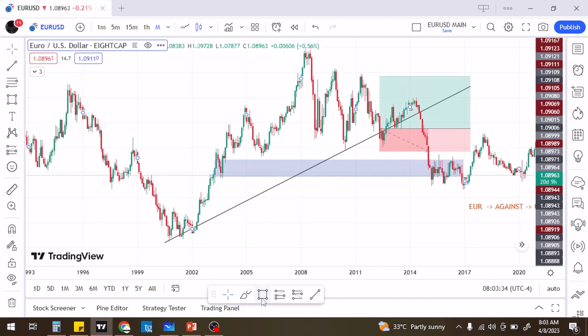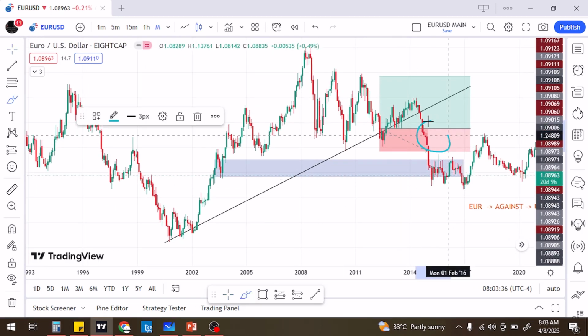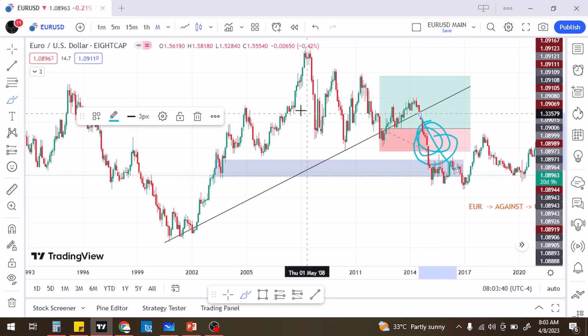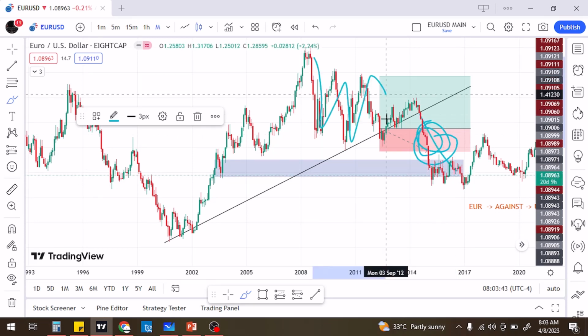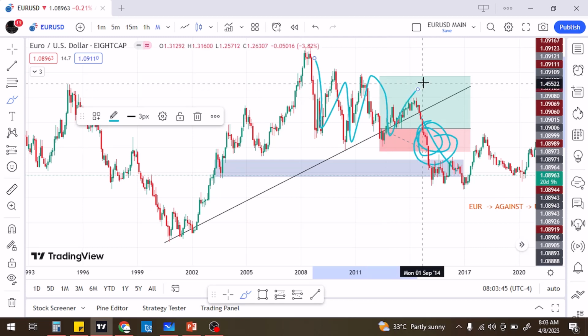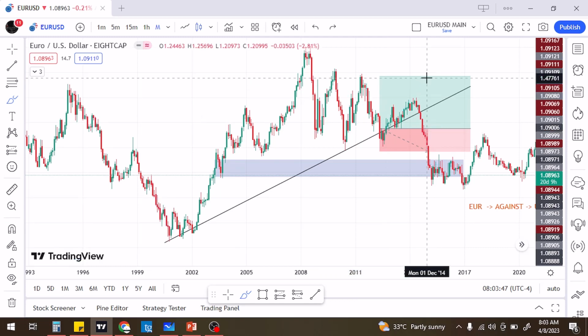Why does price go below this zone? Because there's a lot of liquidity. There are a lot of people trying to buy this market, so the market goes against them. So this whole thing that the market has been doing, the market has been engineering liquidity in order to